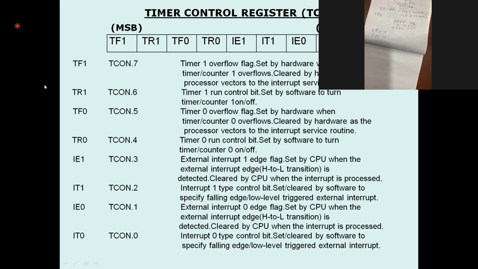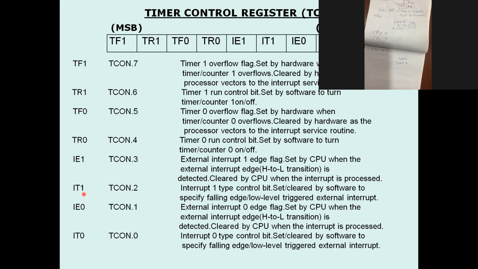That is the ITX. What are the functions of ITX? ITX means IT0 and IT1. Sir, external interrupt means one pin called INT0 and another pin INT1.